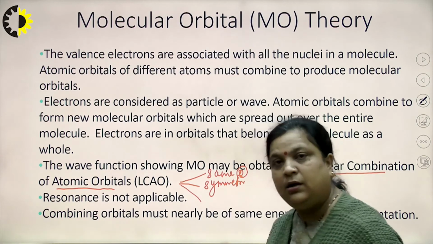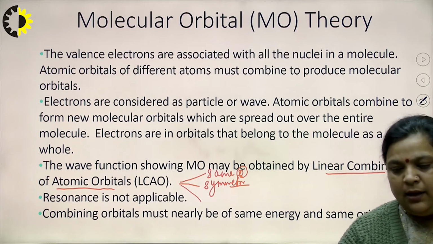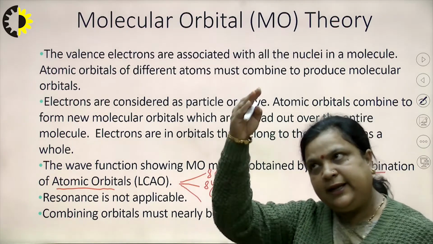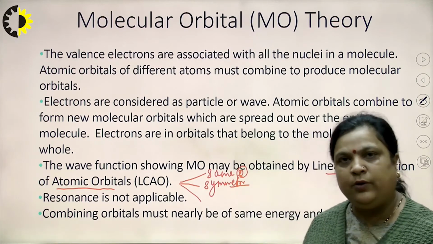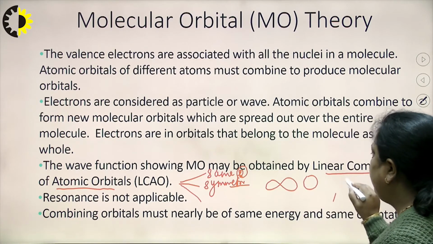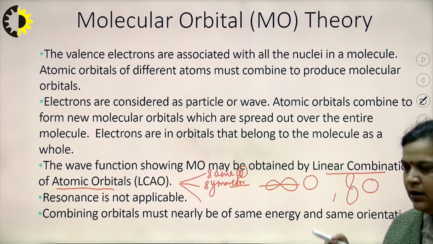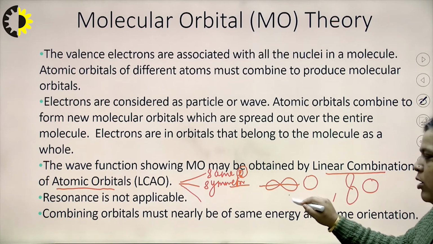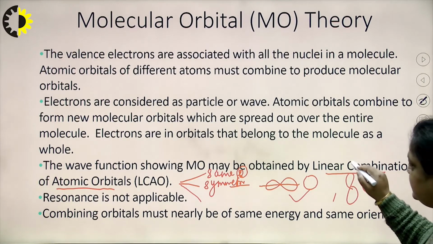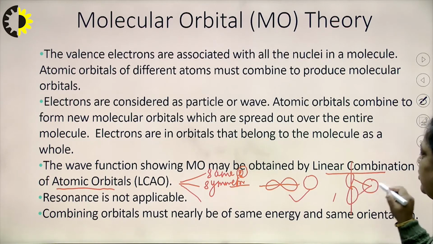It is not that atomic orbitals along the internuclear axis get combined with those perpendicular to the internuclear axis. Suppose this and this, and the second option is like p. So, this is p x and this is x, both are along the internuclear axis. So, the bonding or overlapping or combination is possible, but in this case it is perpendicular to the internuclear axis. So, this combination is not possible.